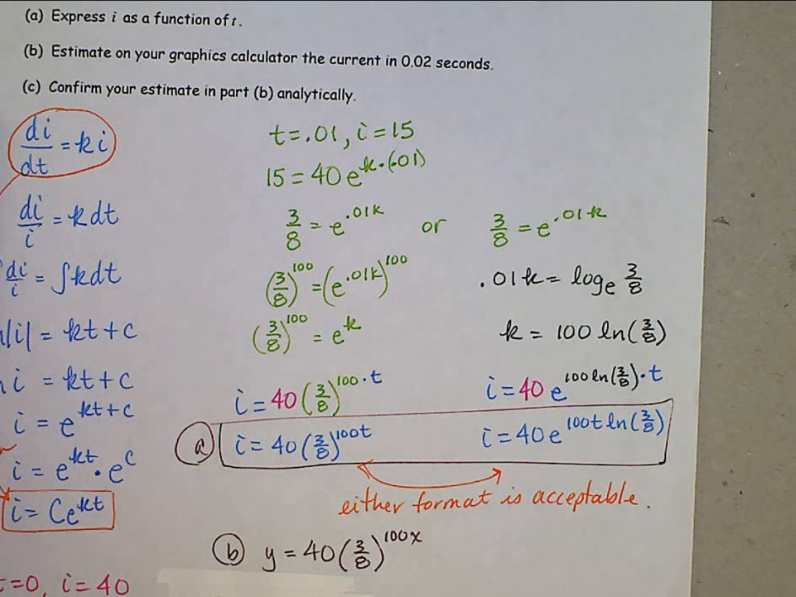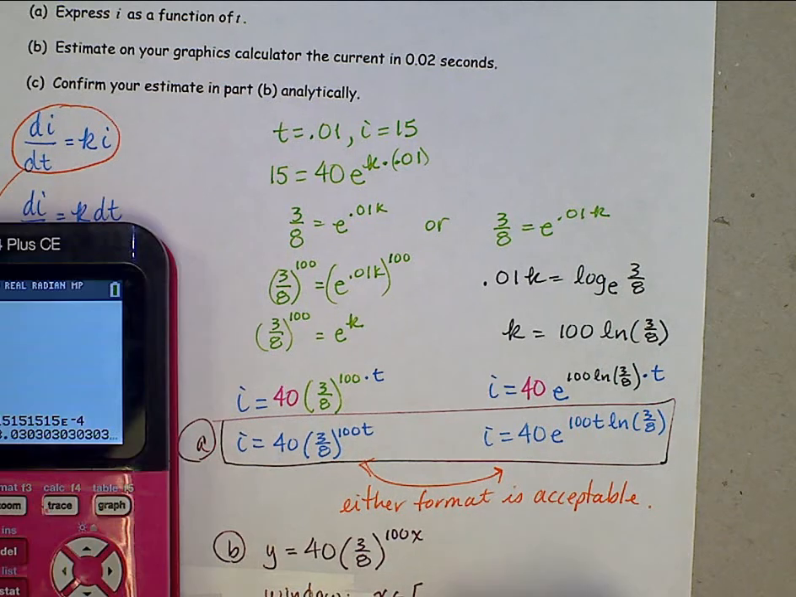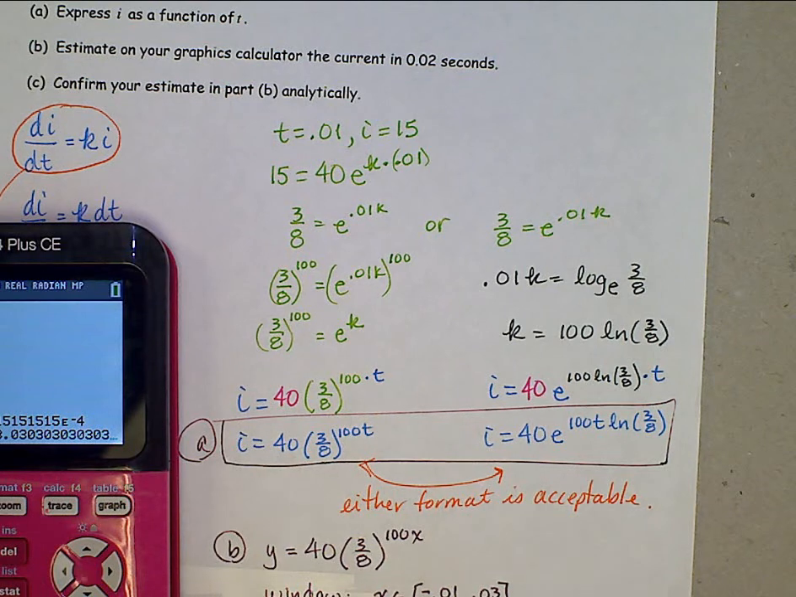Here's your window. It's kind of hard to find this window, so let me tell it to you. It is negative 0.01 up to 0.03 for the x's, and y is between negative 10 and 50. When we graph, we see this,